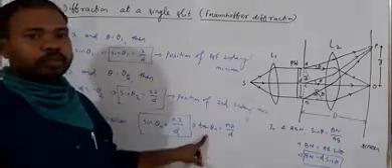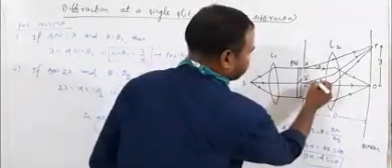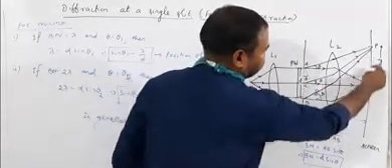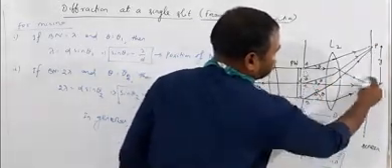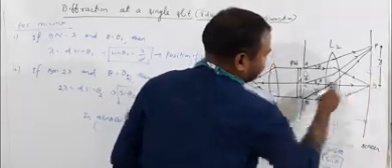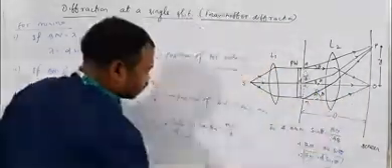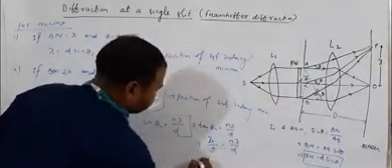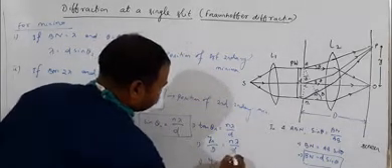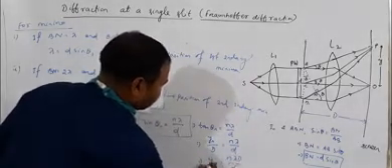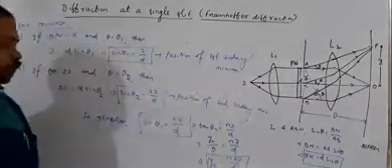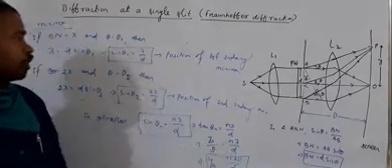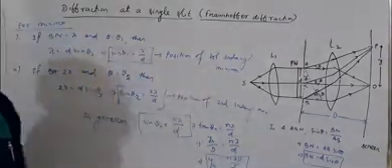We already know tan theta equals p by b. Suppose this is your theta, for the nth fringe, tan theta n is equal to yn by D, where yn is the distance of the nth fringe from the center and this distance is capital D. So yn by capital D is equal to n lambda by small d, or yn is equal to n lambda D by d. This is the distance from the center of the screen where we get the position of the nth secondary minima.